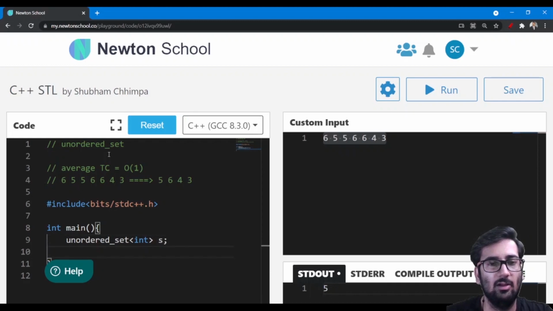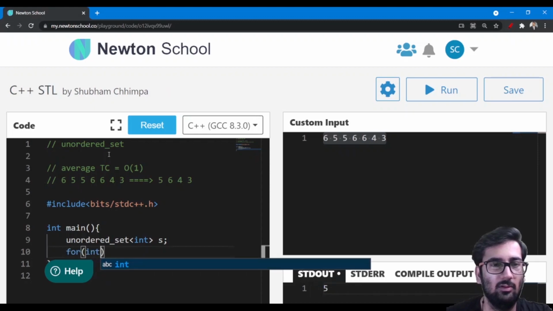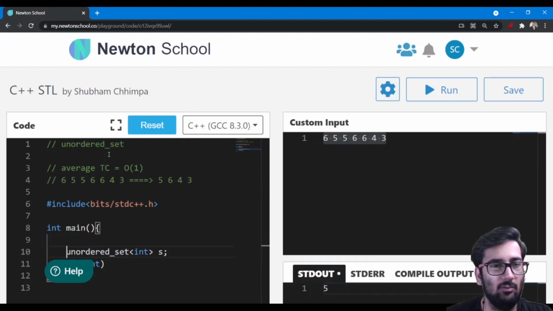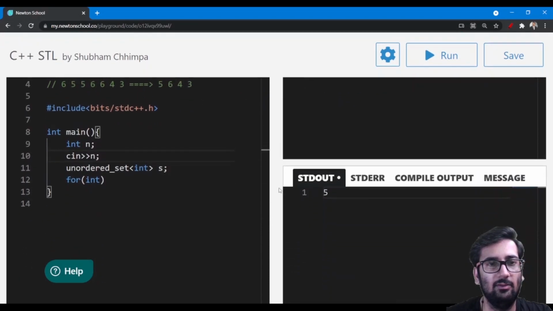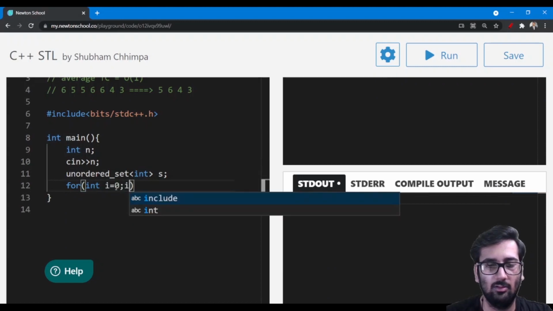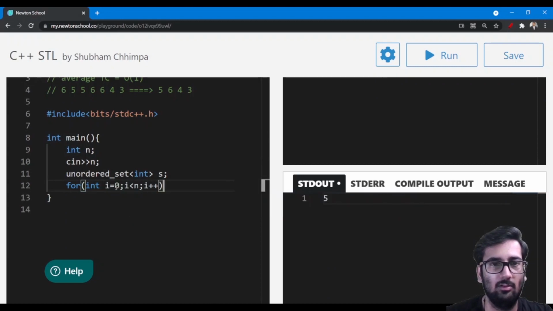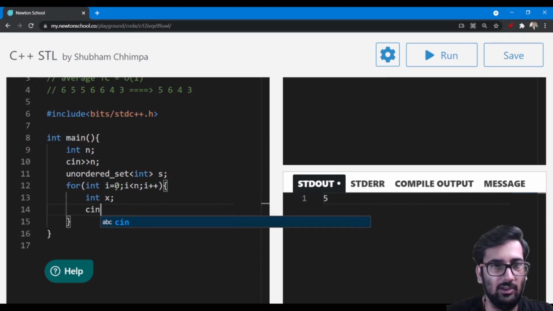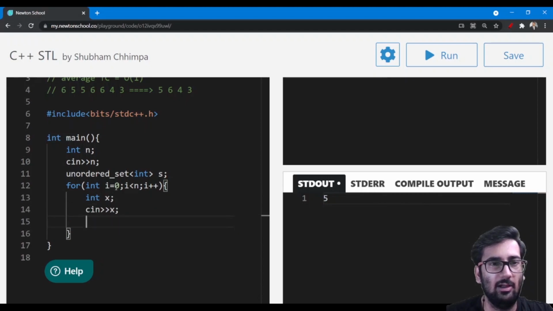Then a for loop, but before that for loop we should get the n, and then in the for loop it will be a random value x.